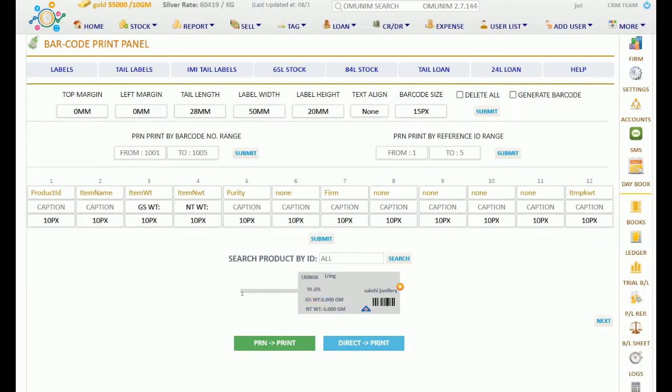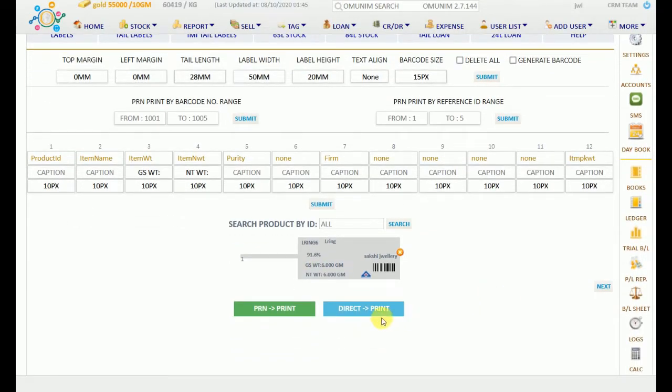And there are two types of options you can see in the below, like direct print and PRN print. Direct print means you have to directly print it from the hardware, and PRN print means there is a setting in the hardware which our technical team will do all the settings, and you just have to click on this and the barcode will appear according to, and all the details will be like this which I have created here.